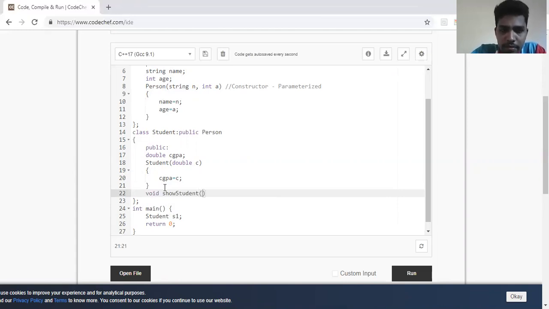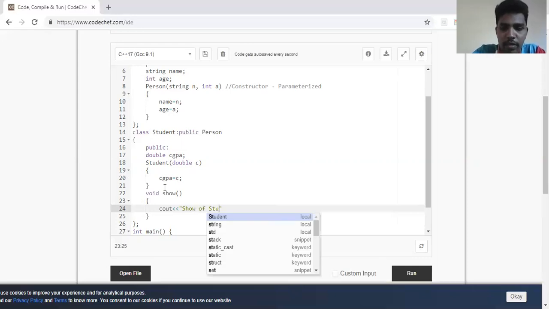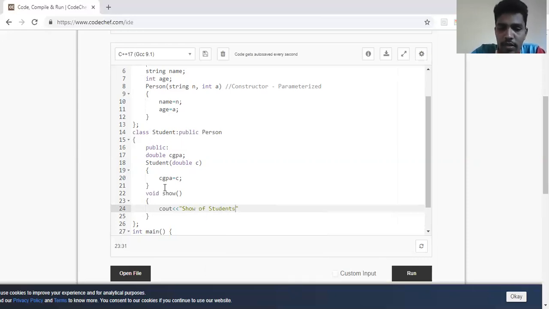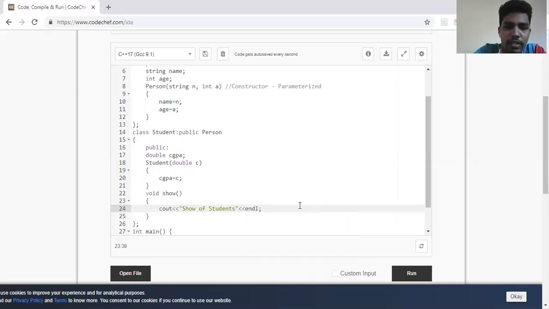I'll write the details here. cout show of student. I'm writing these statements so that we'll understand the output. endl.